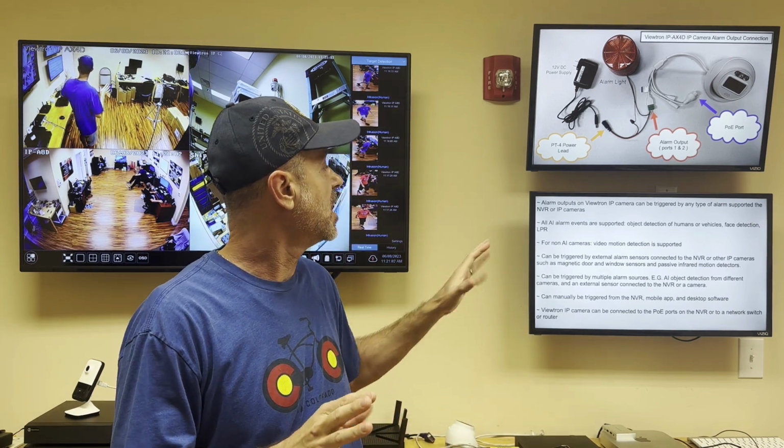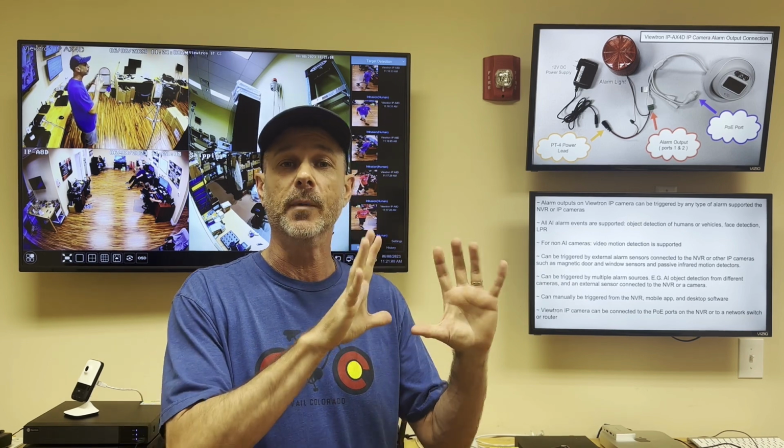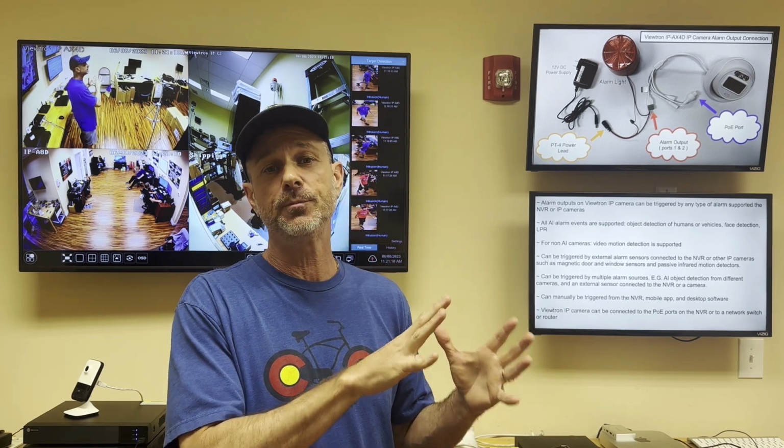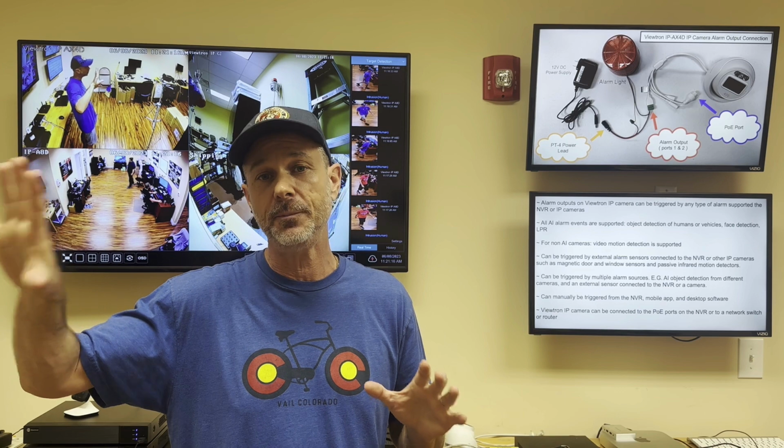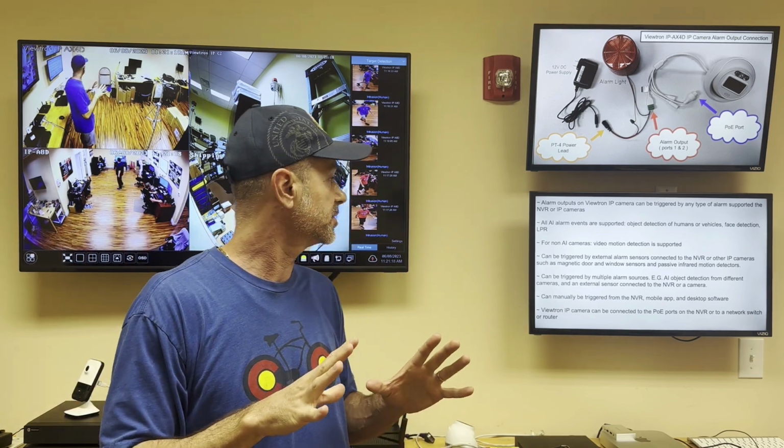In addition, you can trigger from face detection and even license plate recognition. Any type of alarm that the Viewtron IP cameras support or our DVRs or NVR support can trigger alarm outputs on Viewtron IP cameras and recorders.